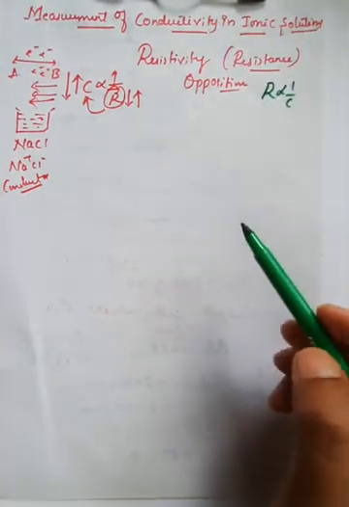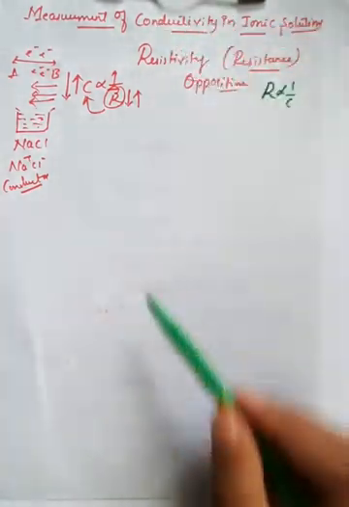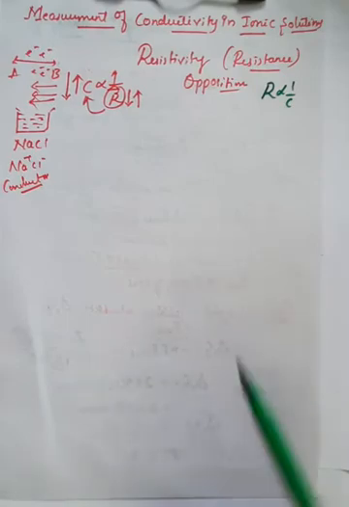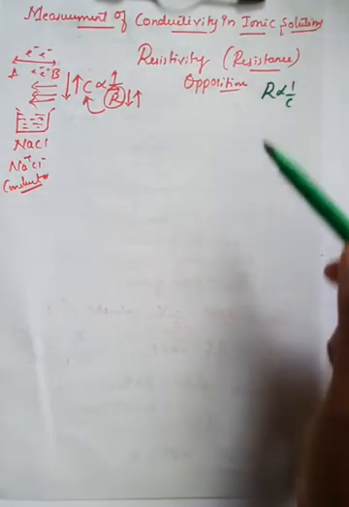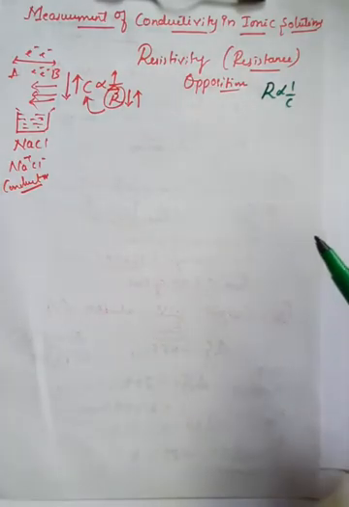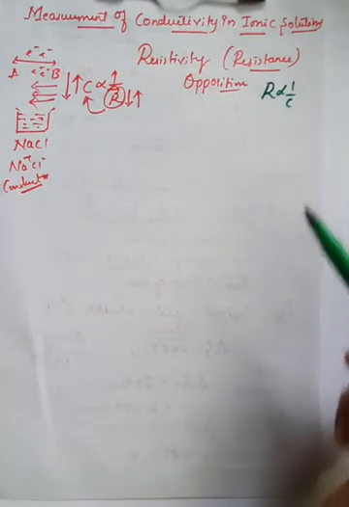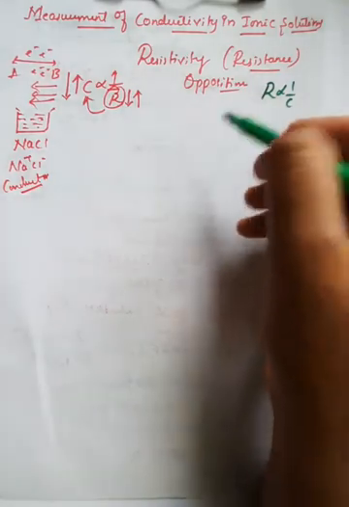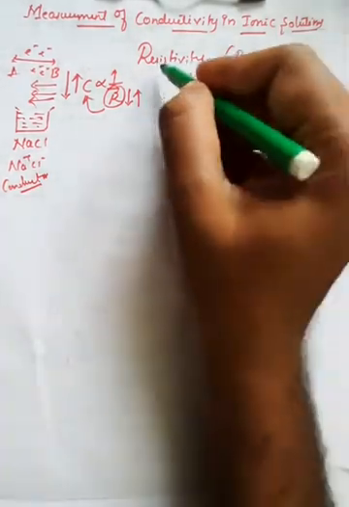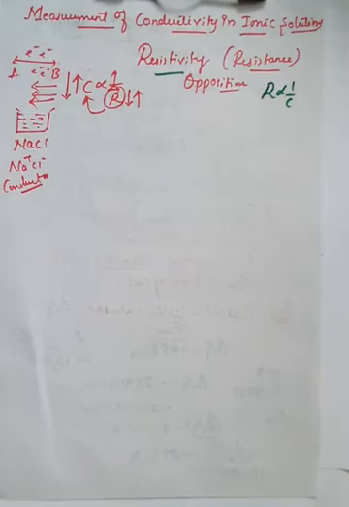The main theme is that we are calculating the conductivity, but not directly. Just by calculating the resistivity of the solution, whatever value you get, you can convert that into the conductivity. R is directly proportional to 1 by C, that is the same as R is inversely proportional to C. So our work is to calculate the resistivity or resistance of the ionic solution.